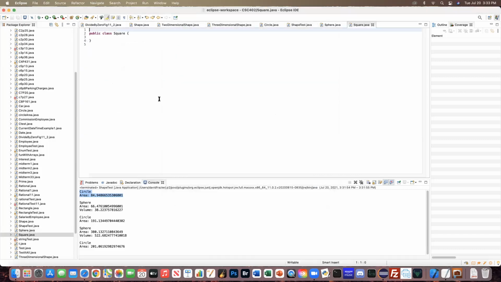Okay, so the first thing I have to do here, and I didn't do any comments, and you really should. I'm going to say this is going to extend two-dimensional shape. Okay, it extends with an S. Now notice that we have an error here, and the error says that it must implement the inherited abstract method two-dimensional shape get area. Okay, so we know we have to do that. Okay, but to get there,